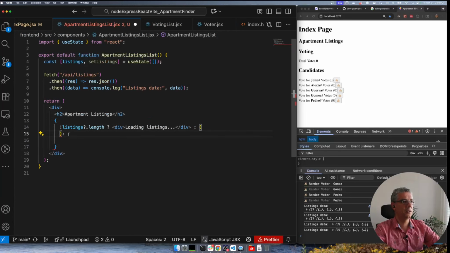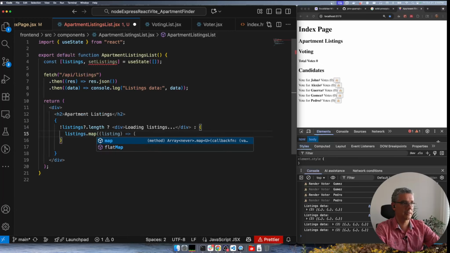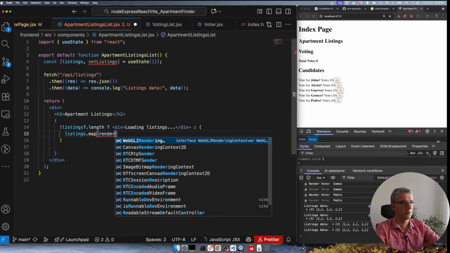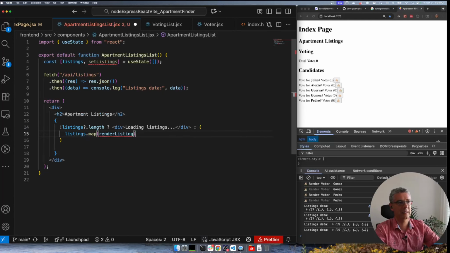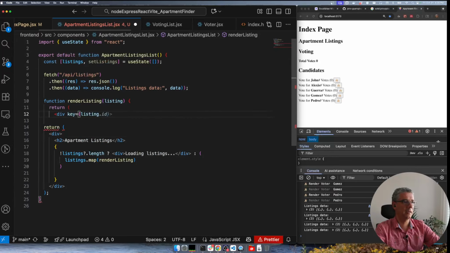So if I do have some listings, basically what I want to do is a listings.map, and I'm going to do render listing, following the same style that I approached in the other one. And then I could have a render listing in here, or actually even better,